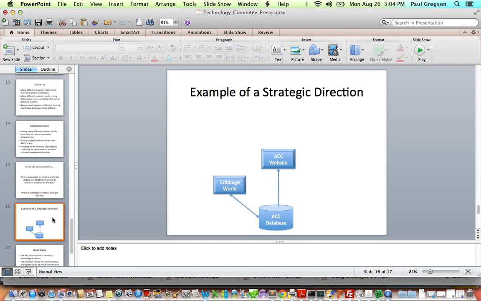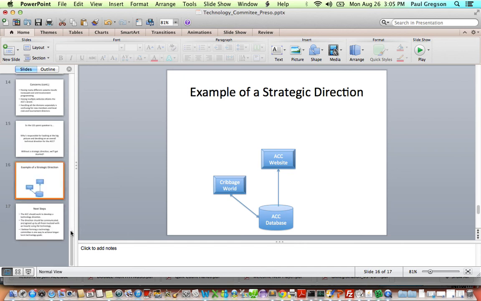Now, this certainly doesn't have to be the strategic direction. There are arguments for this. There are arguments certainly against this. Obviously, this particular direction would come with a lot of work and a lot of effort and cost behind it. And so maybe some other strategic direction is better and in the better interest of the ACC. But I think the point is, regardless of what that strategic direction is,